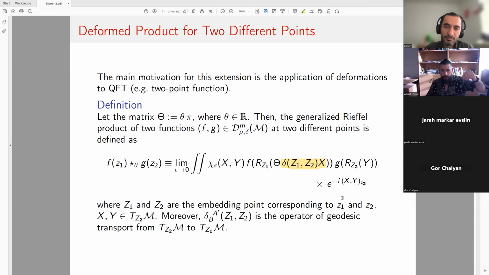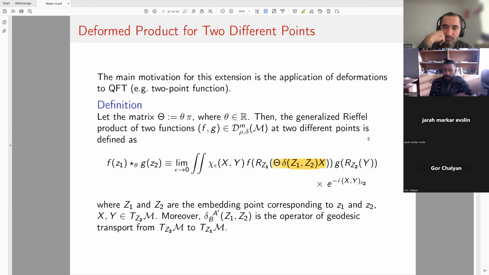You can take them either from the tangent space at z1 or at z2, but they have to be the same. And the point is, this guy only works if this vector is in the tangent space at z1. It's a bit technical. Basically, there are 4 different definitions you can do with this geodesic transport. So you can take x and y from the tangent space at z1, but they're all equivalent. All definitions in the end reduce to this one. This I proved also in the paper.